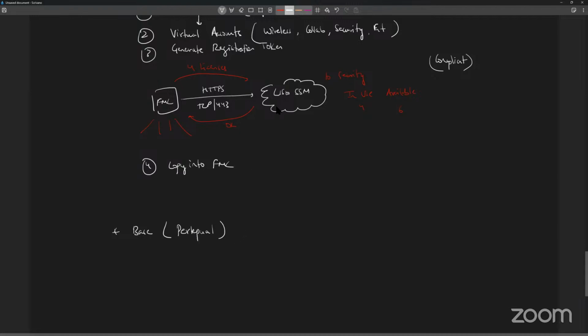Perpetual basically means these are permanent licenses. And this is for hardware only. The rest of the licenses are term-based. And when I say term-based, it basically means subscription. Okay, so you can either get